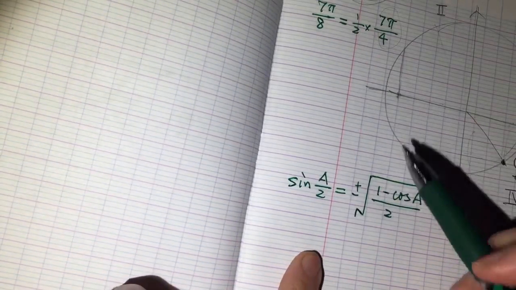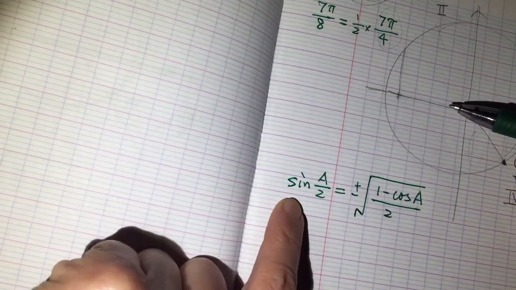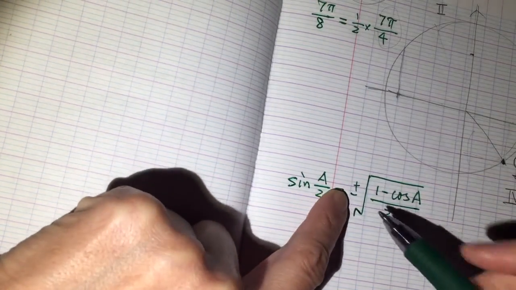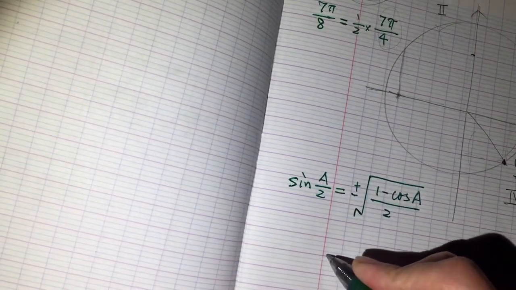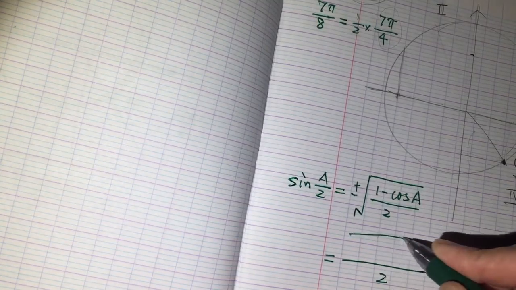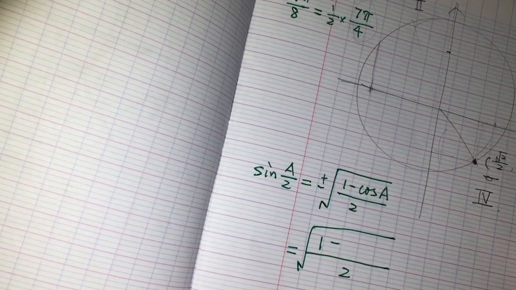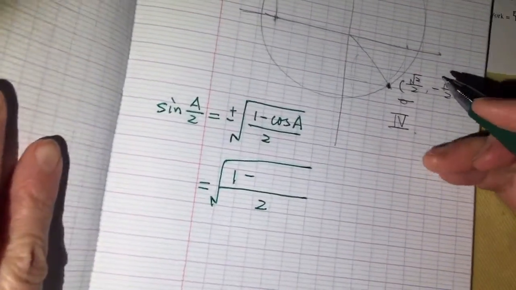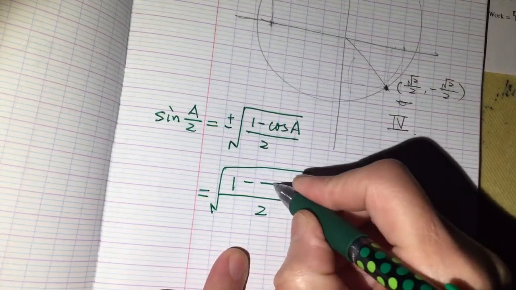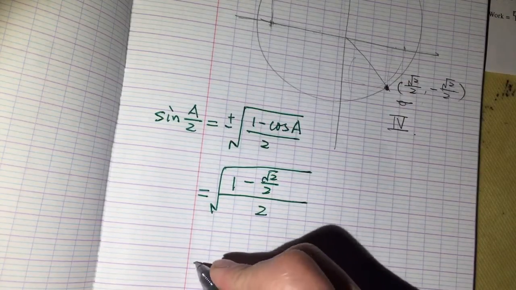Okay, and we know the answer: sine is the y value, which will be positive, so we can eliminate the negative in this particular situation. 1 minus cosine of the full angle. Here, the cosine is the x value, equal